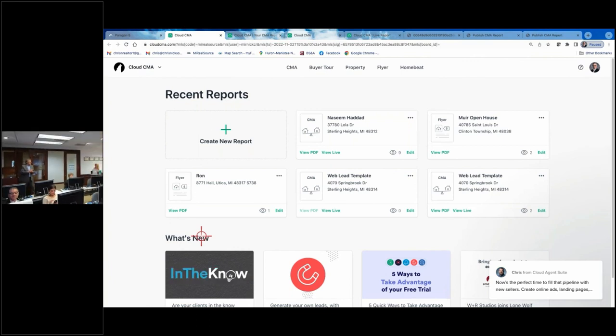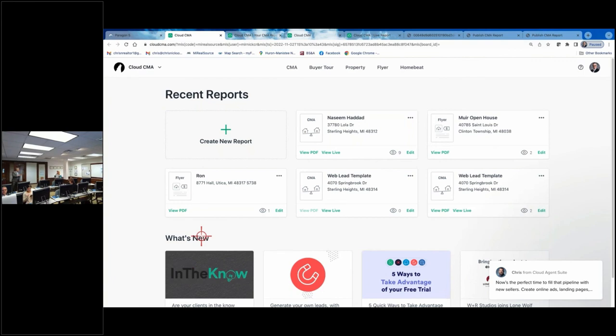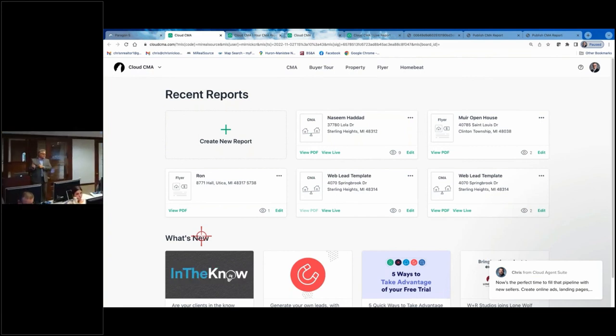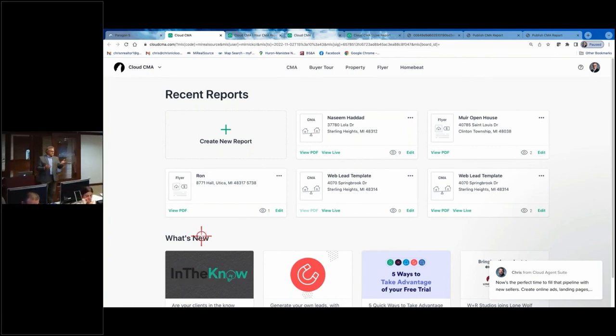Actually, if you republish the listing, would it not update the listing information? I don't believe so. I think you have to fetch the listings to update the information on it. So again, that's why I also save my CMA searches. When I do the Paragon search, I save it as, I would put Nassim CMA search, and I put